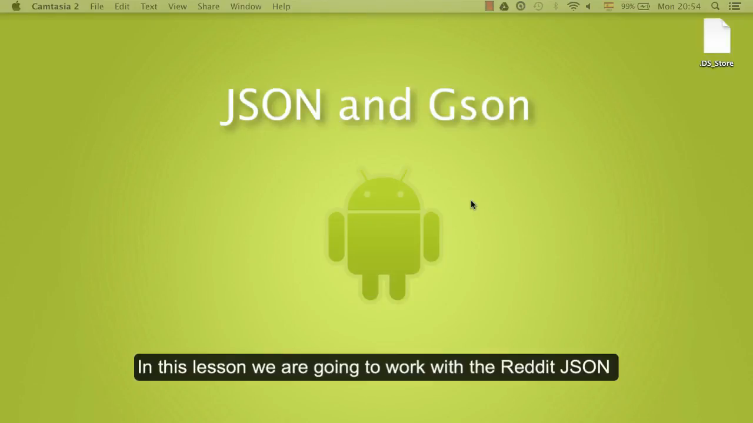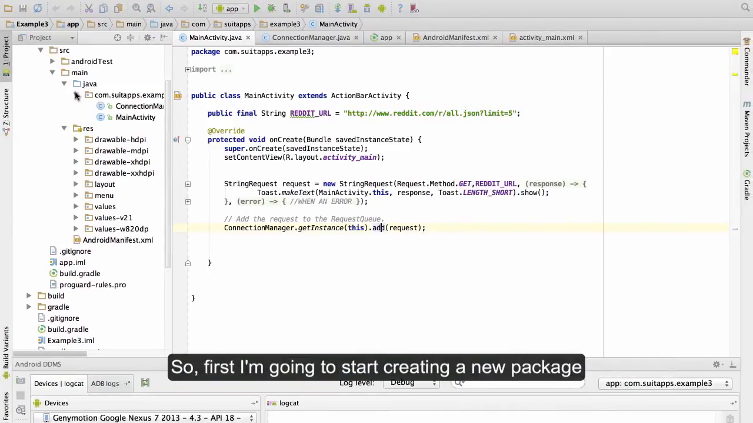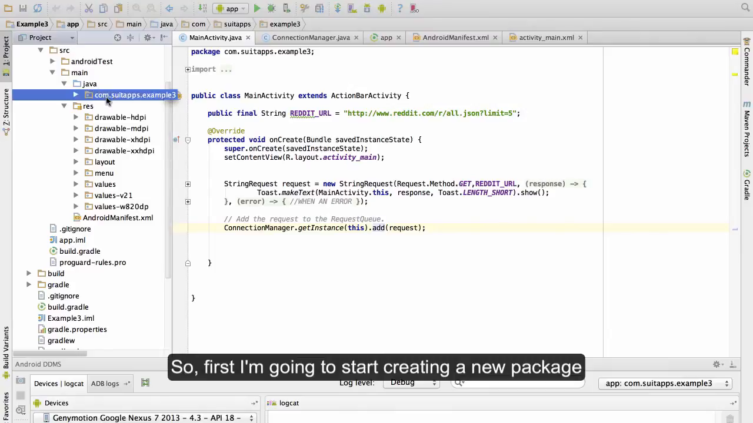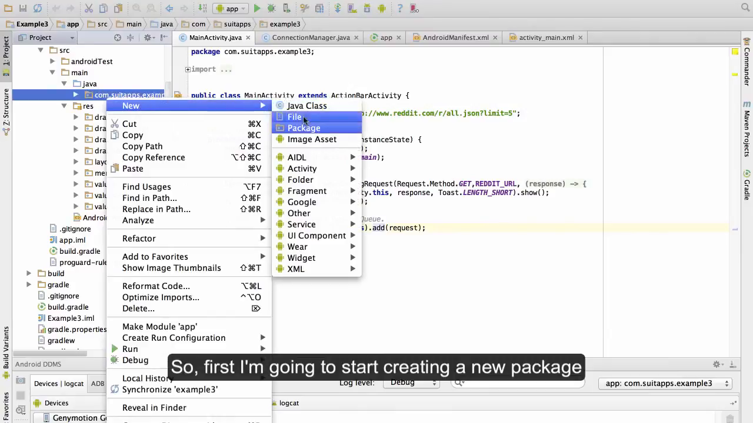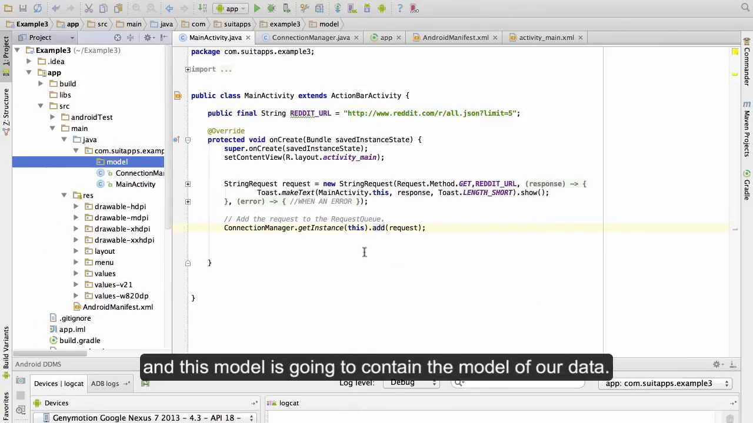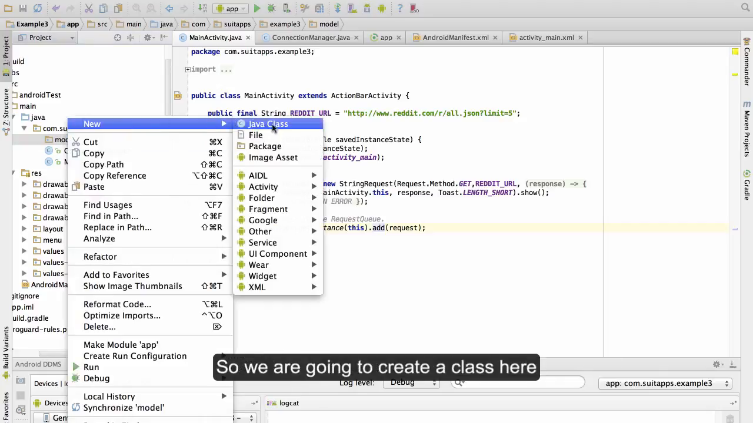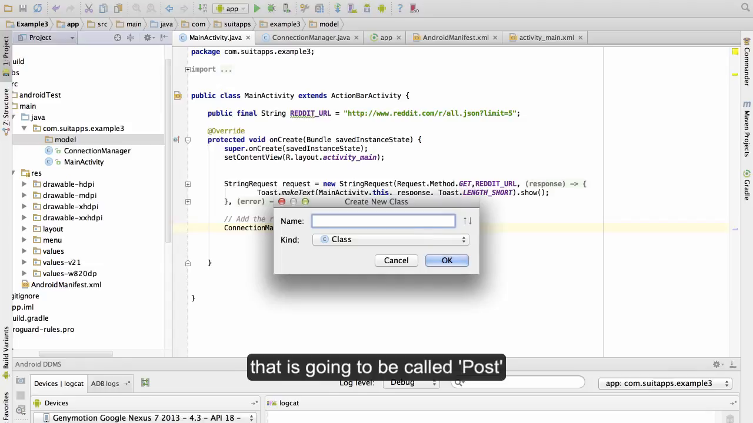In this lesson, we are going to work with the Reddit JSON in order to obtain all the data that we need to display in our application. So, first, I'm going to start creating a new package called model, and this model is going to contain the model of our data. So we are going to create a class here that is going to be called Post, and this class Post